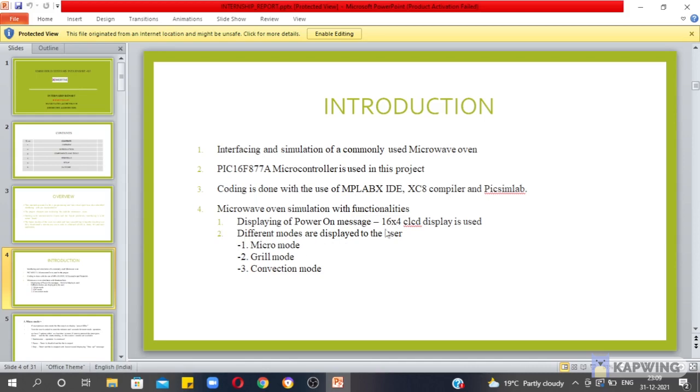A 16x4 character display is used for displaying the power on message, and the different modes shown on the display are micro mode, grill mode, and conventional mode. These are the three modes in the microwave oven.